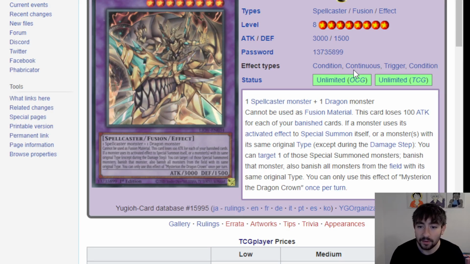It takes any spellcaster and a dragon. Okay, that's not bad. I think those types can be pretty generally used as far as extra deck monsters go. So some boards may just try to end on this, period. But